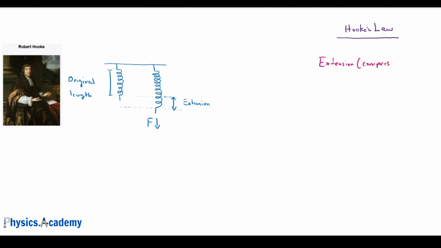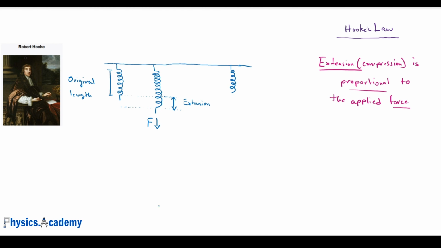So, Robert Hooke was an English polymath whose contribution spanned physics, biology, engineering, and architecture. And he's best known for Hooke's law, which describes the elasticity of materials. So, in this relationship, he explains that extension or the compression of an object is proportional to the amount of applied force on it. So, for example, if you apply a force of F on a spring and it extends by the amount of x, you would need twice the amount of the force to make it extend by